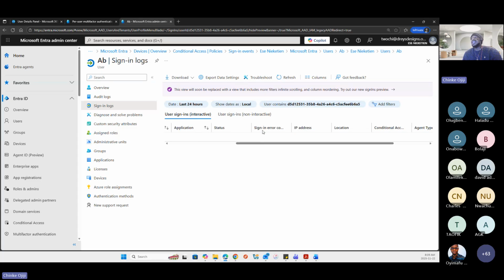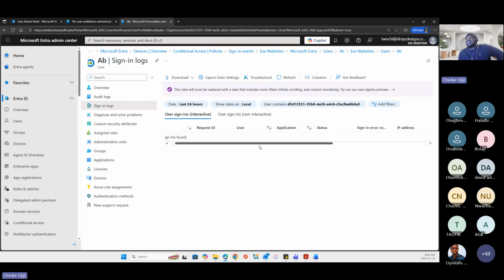If there's a sign-in error, it will show the error code, the IP address where the sign-in occurred from, the location, and whether there's any conditional access policy, agent type, and authentication requirements. These are the details.